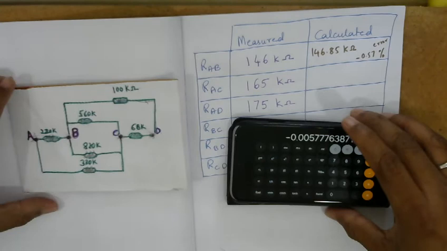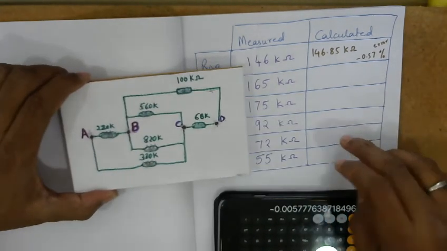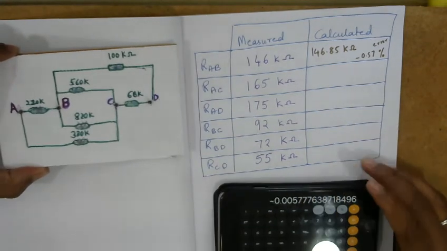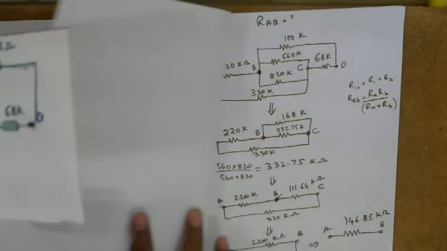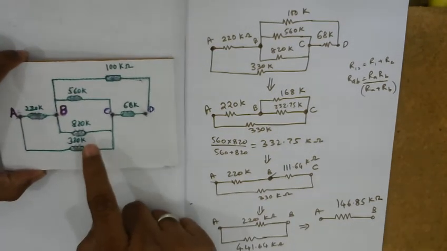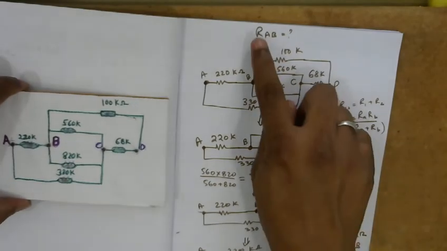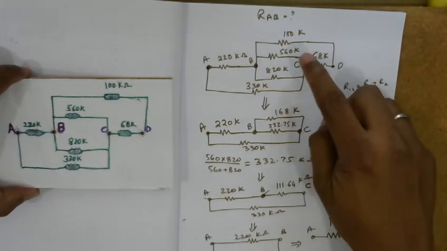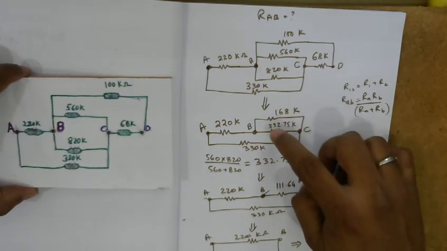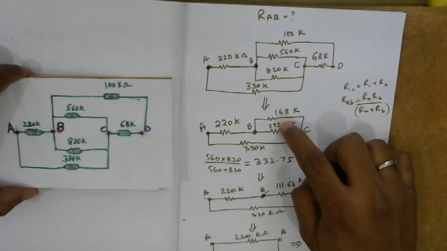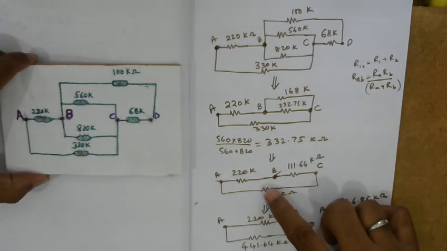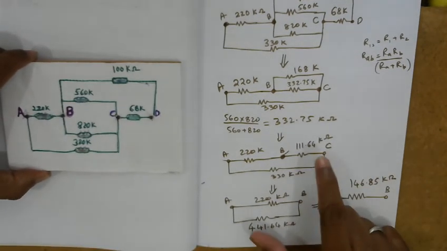Now the next job is to fill the table again. So we need to now find RAC and then do the calculation, which we'll do in the next video. But then here, I'll just recap once again. We started off with this, and the objective was to find RAB. Then I took this circuit, 168 are in series, so 168, 560, 820 parallel becomes 332.75. Then these two in turn are parallel, it becomes 111.64, and then this is a circuit, and then these two become series,